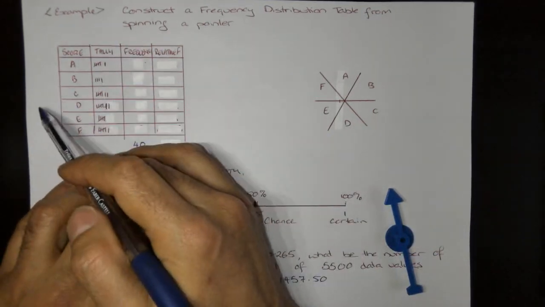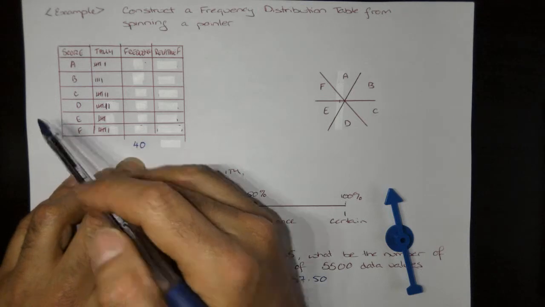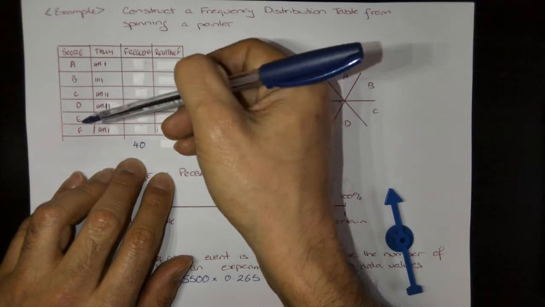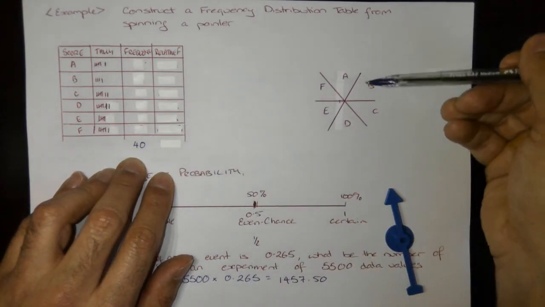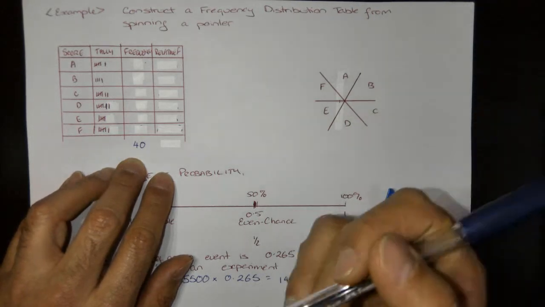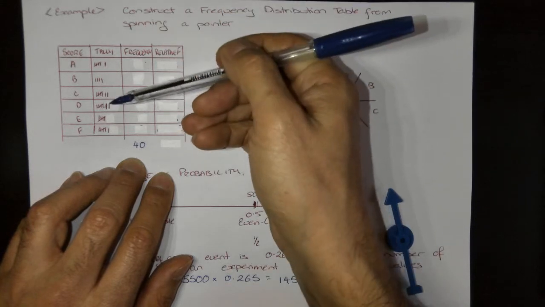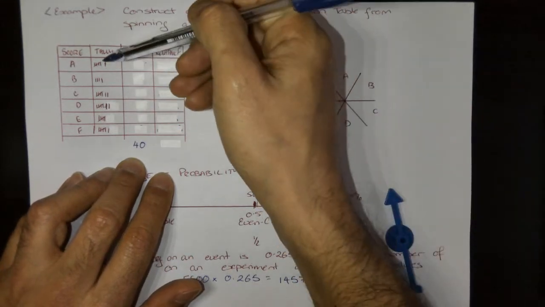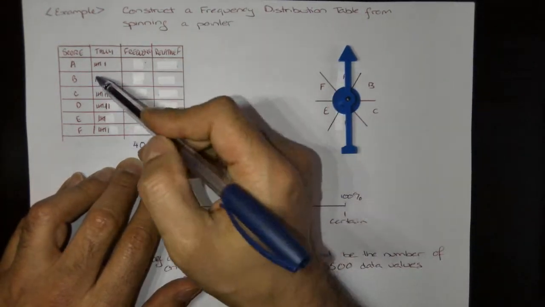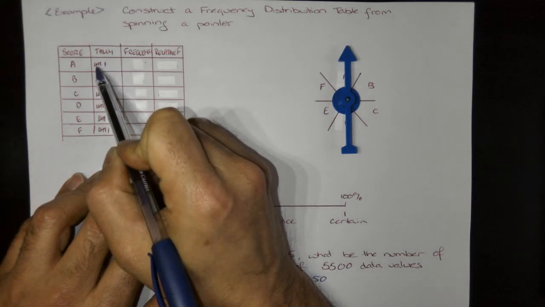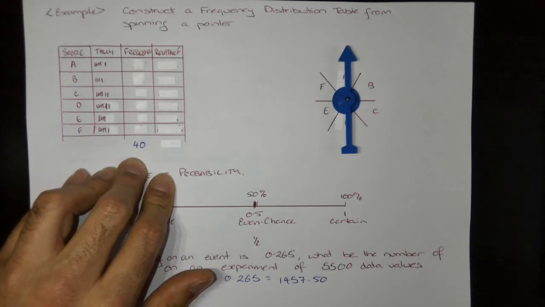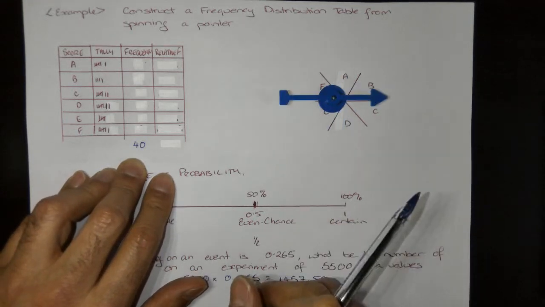Here we have a frequency distribution table where we have the score or the possible events, and I've got A, B, C, D, E, F, and that relates to this circle. This is the spinner. I have a tally, and I've already done a couple, so I've marked where the spinner has landed. In groups of 5, we mark the tally, so we've got 4 strokes, and the 5th stroke goes across. So if we do 5 more, if I spin again,